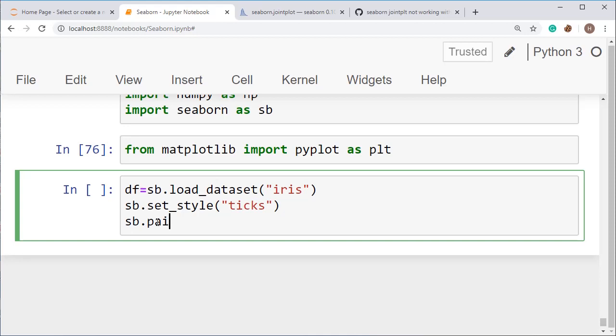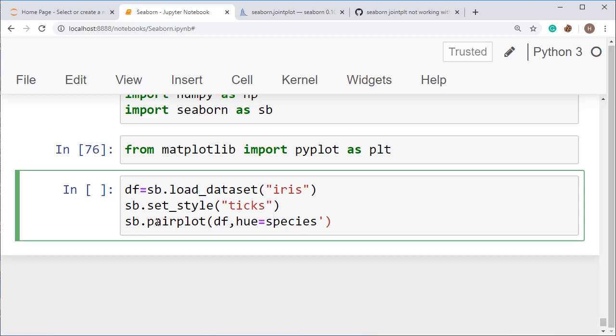Now I am going to set the function for pairplot. So sb.pairplot, and then pass all the parameters inside. I have passed the data. Now hue is equal to species. If you want to know all the values, you have to go to the documentation, and there you will find the values.